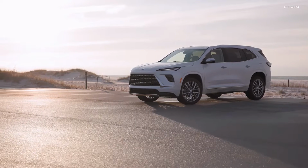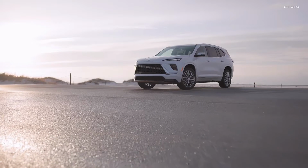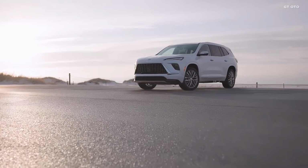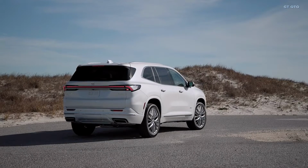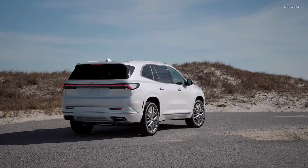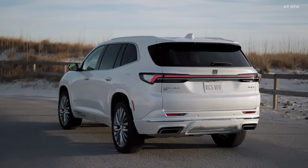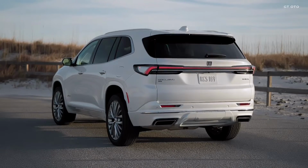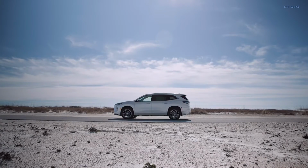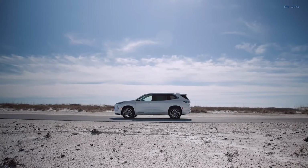premium SUV segment. Design elegance. The 2025 Enclave embodies Buick's new design ethos, which draws inspiration from the Wildcat EV concept. With sleek lines, refined curves, and attention to detail, the Enclave exudes sophistication and modernity. Upgrades to the grille, front, and rear fascia reflect Buick's pure philosophy, emphasizing purity in design, refined finishes, and exceptional